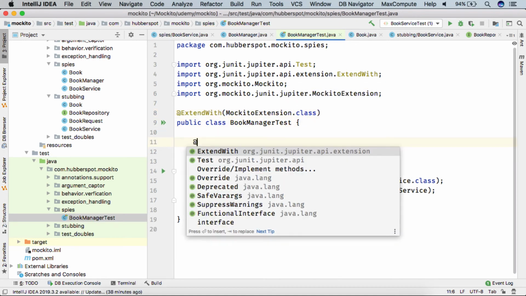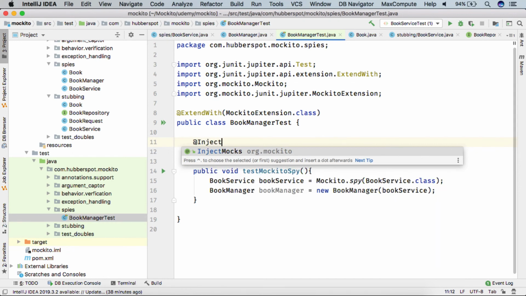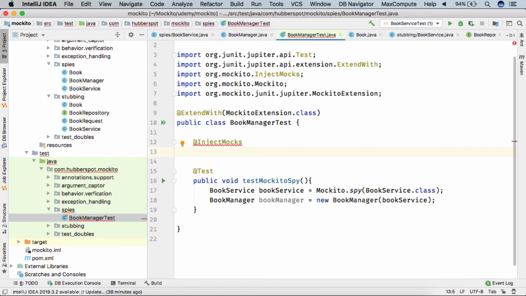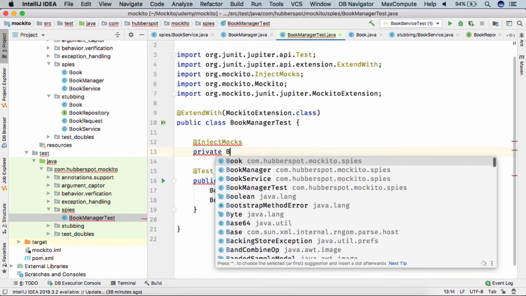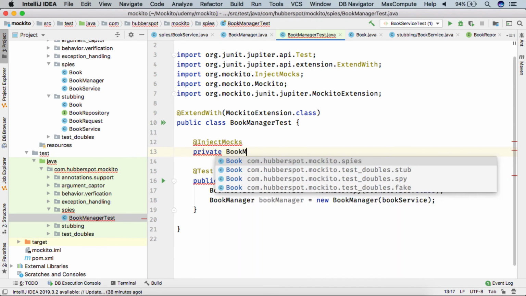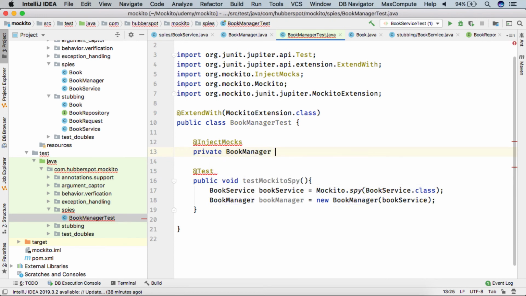And after doing that, we can use @InjectMocks, and here we can provide the type for our class under test, which is BookManager.